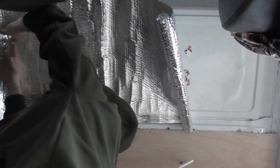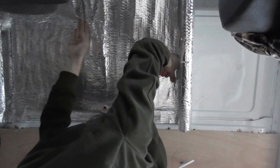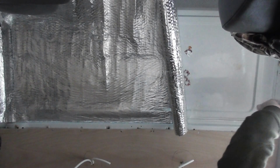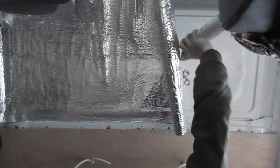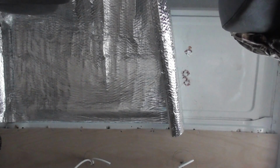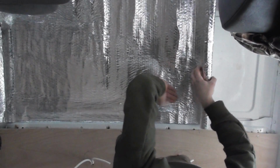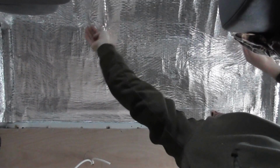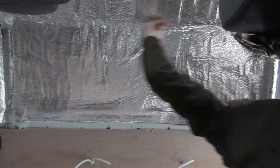Glue's horrible stuff when it goes on your fingers, and especially when you touch that plastic insulation after. What we'll do is we'll trim it up afterwards. But so far I've gone through about 4 cans of this adhesive doing the installation. Alright, I might have gone a little bit over the top with it, but at least it's held in place, and for the sake of an extra couple of quid,